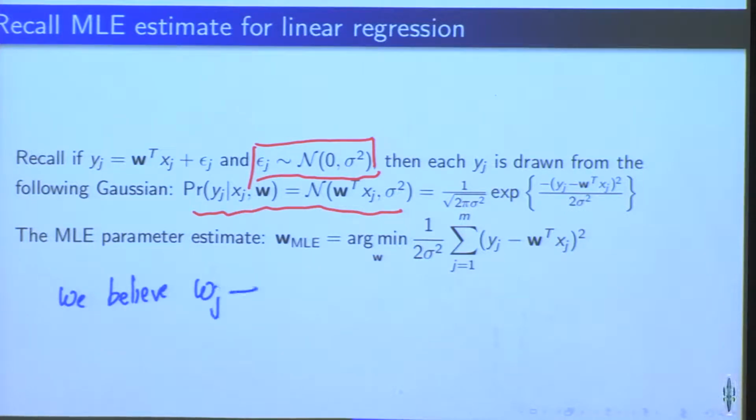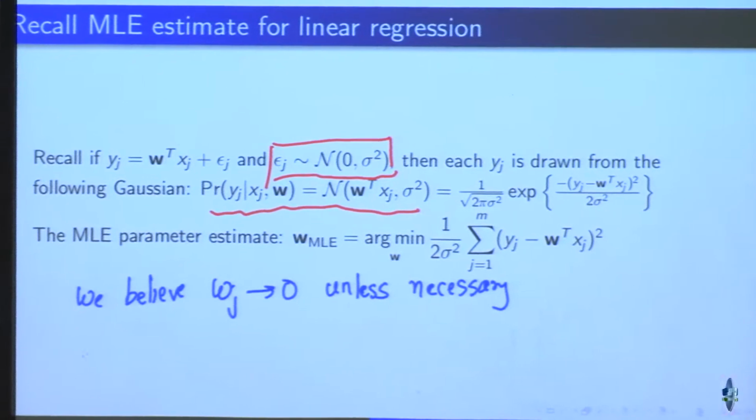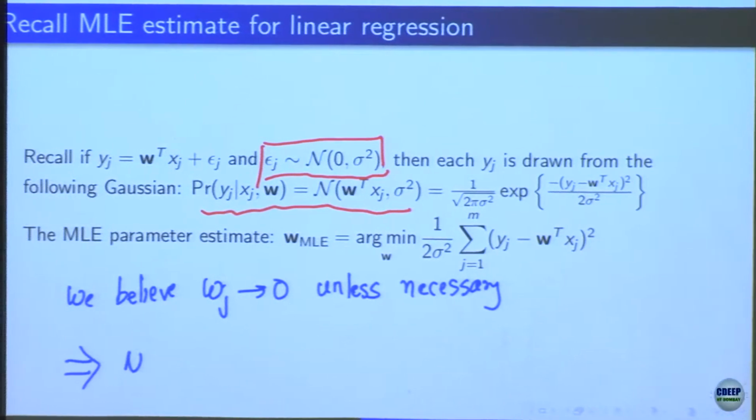We believe Wj should tend to 0 unless necessary, right? But let us try and write this in a Bayesian sense, which means write a prior on Wj. What will be a natural prior on Wj? We have already seen that for normal the conjugate prior is normal. We know how to find the posterior parameters. Okay. So we can model Wj as